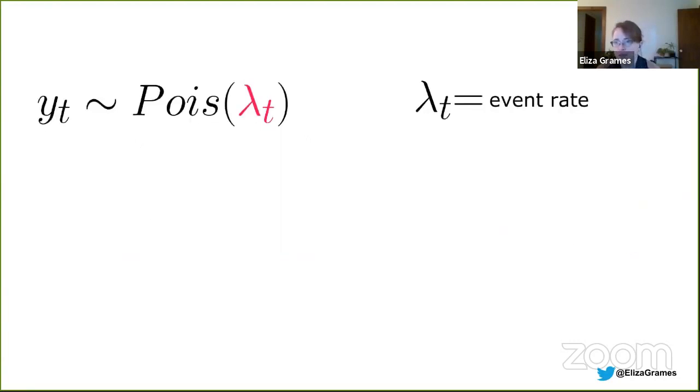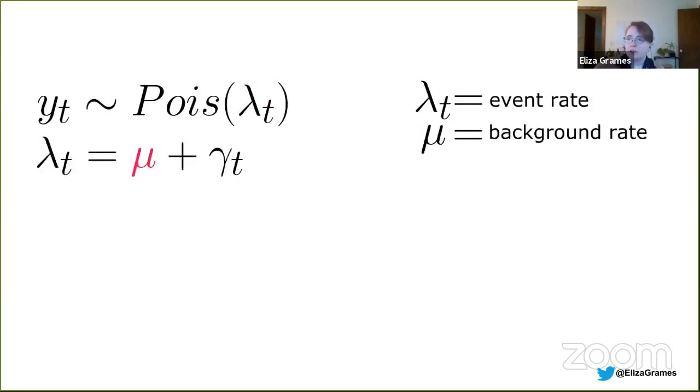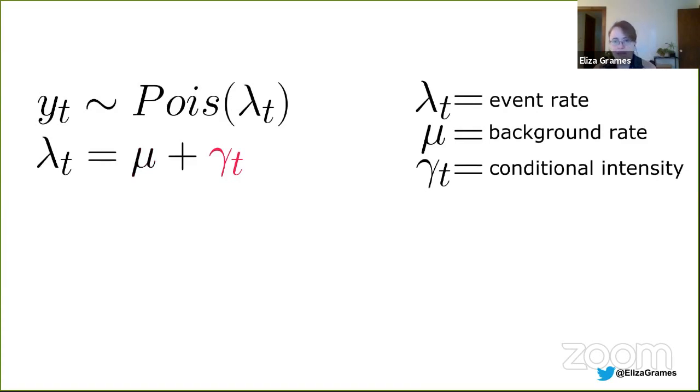So the general class of the models is you have your observation of a signal y at time t, and it's distributed as a Poisson process. But the key difference here is that it's a variable rate. So lambda is changing over time. So at each time t, you have a different probability of a signal occurring. And we can break the overall singing rate into its component parts. So that's this background rate mu, which would be like if we were just running a regular Poisson process. And then the conditional intensity at time t, and that's the additional probability that you'll get another signal based on the history of events leading up till time t.